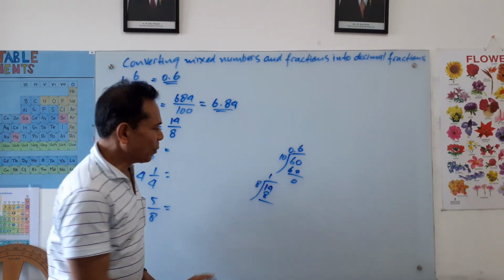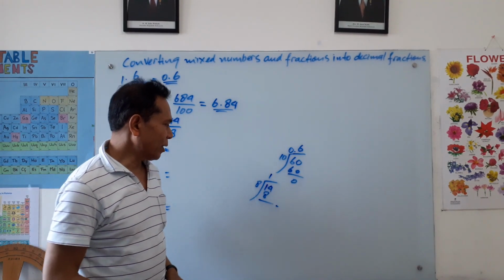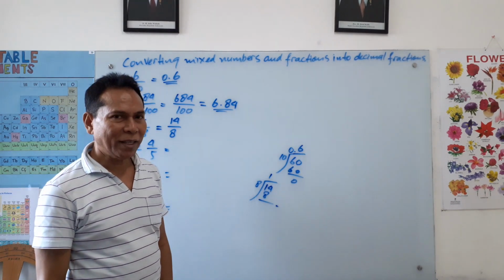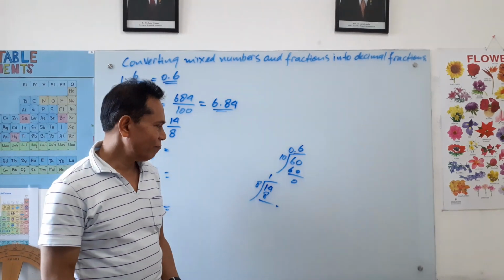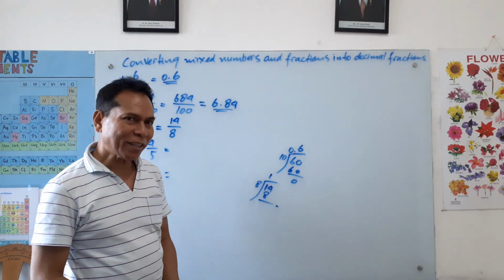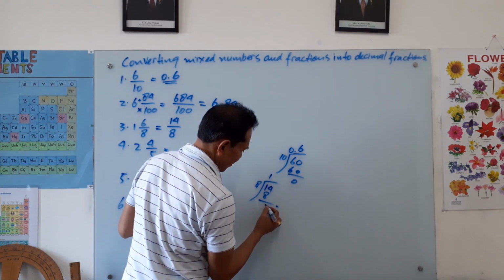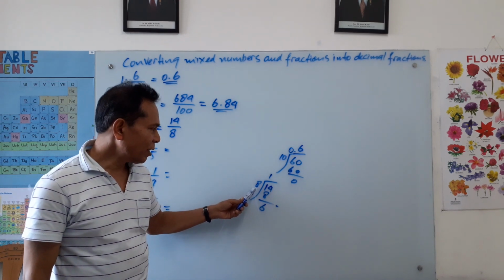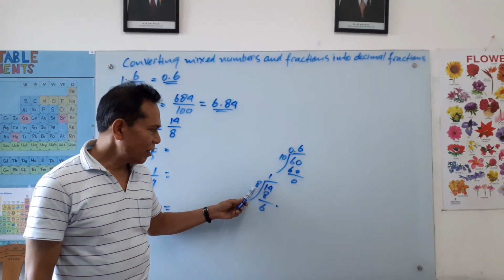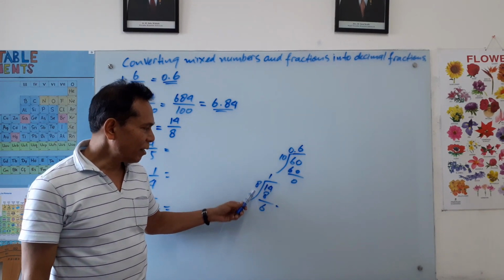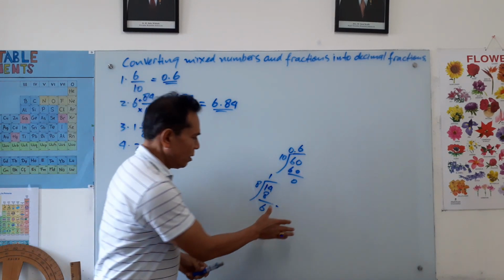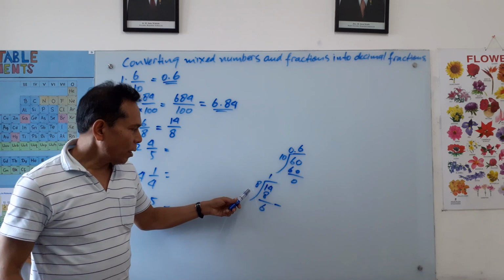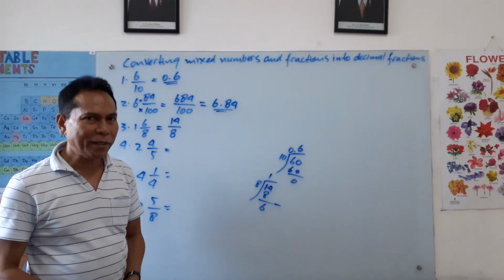Now, we subtract this. 14 minus 8 is 6, right? 6. Now, okay, children, look here. 6 is smaller than 8. 6 is smaller than 8. So we cannot, I think I better write this properly. Smaller than 8, so we cannot divide it. So